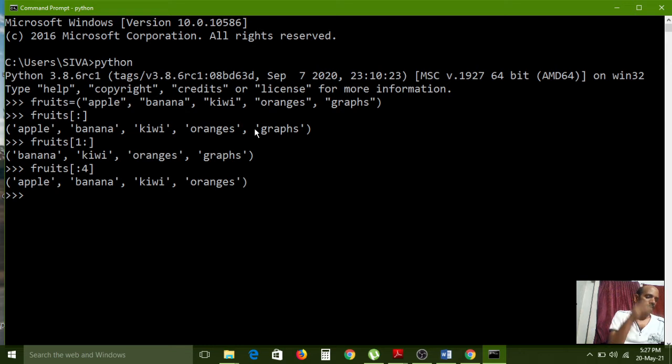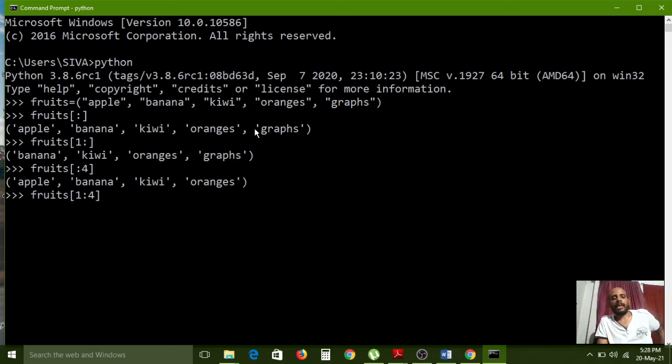Understand? So whatever values we have given before or after the colon symbol, those values have been excluded from the tuples. Right. Now the common syntax we have to use: fruits, open bracket, starting from 1, because we don't want the 0th index, and also 4 I am using. So what will happen? Now I am giving the syntax with the start index and also the end index. Here end index means nothing but -1.